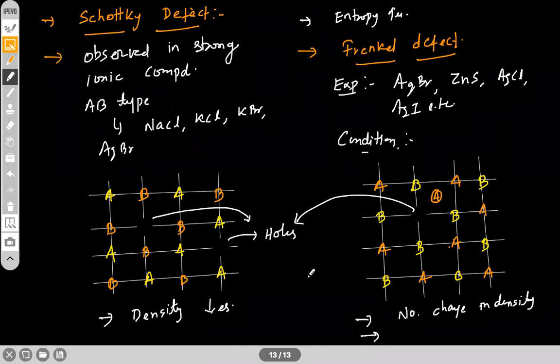So these are the two defects which are very important, Schottky and Frenkel. The other types of defects I have already written. If you want, you can go through them in the book, but they are not that important. Next one is